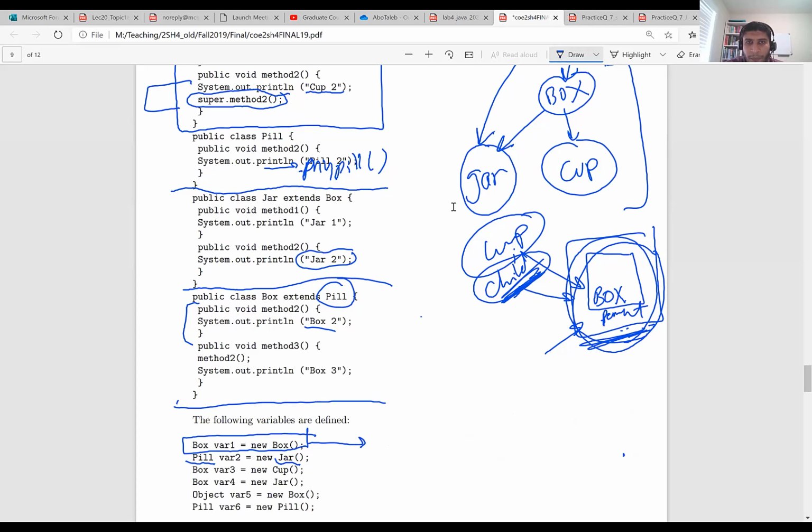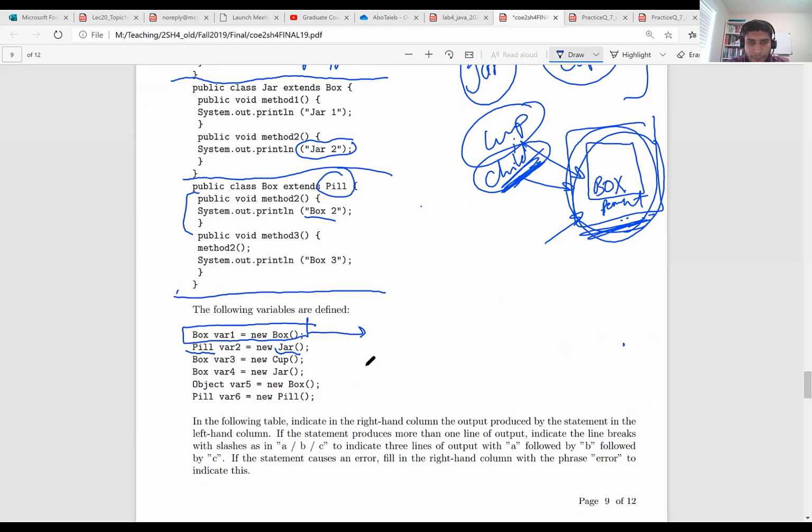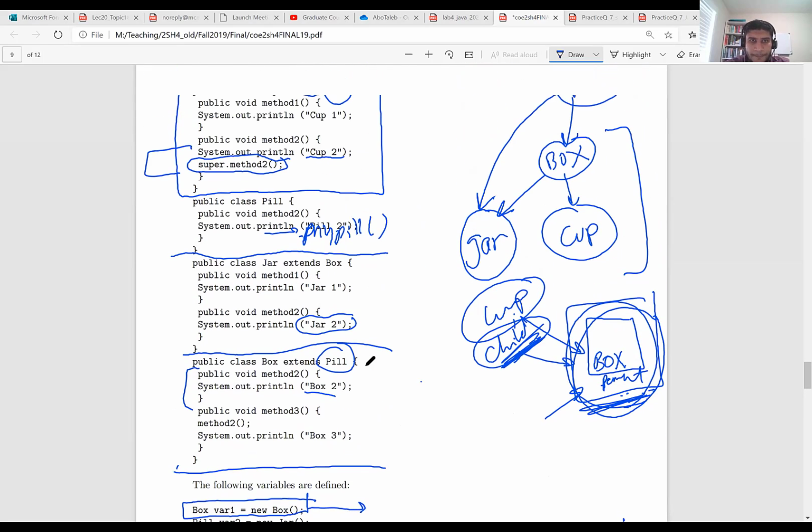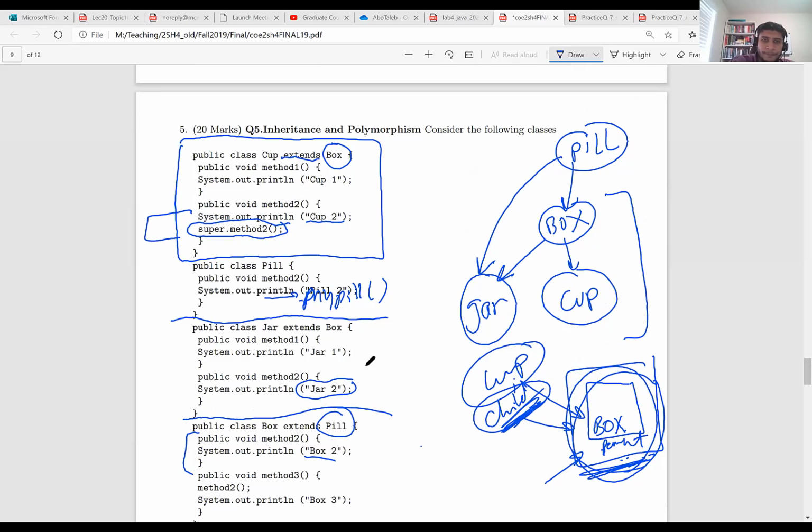Sorry, can I just clarify my question quickly? Sure. So I was referring to the example where we had Cup, and in Cup it called the super method. Yep. So that called a method in Box. Yep. Say we wanted to call a method from Bell instead. How would we do that, like within Cup? Within Cup,